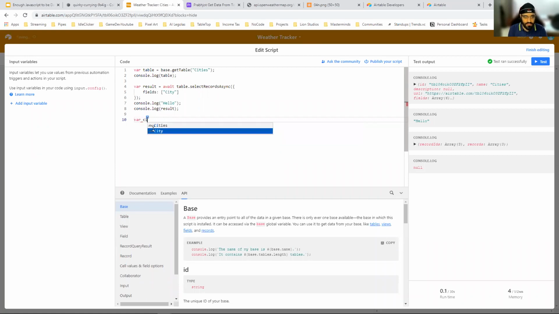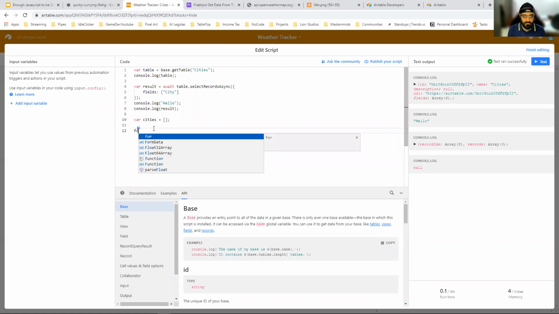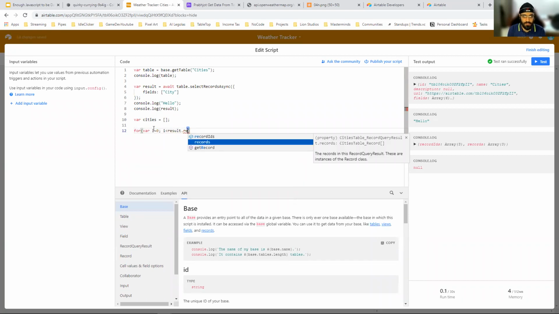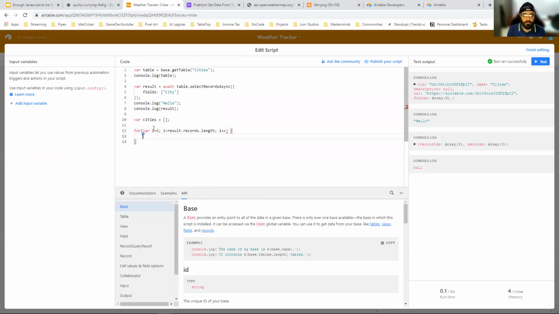So what we can do is create a cities array, which is empty initially, and then we'll write a for loop. We'll say var i equal to 0, i less than result.records.length, and then i plus plus. This loop will run for as many records are returned, and then you can say cities.push. Push is a way to add a value to an array.